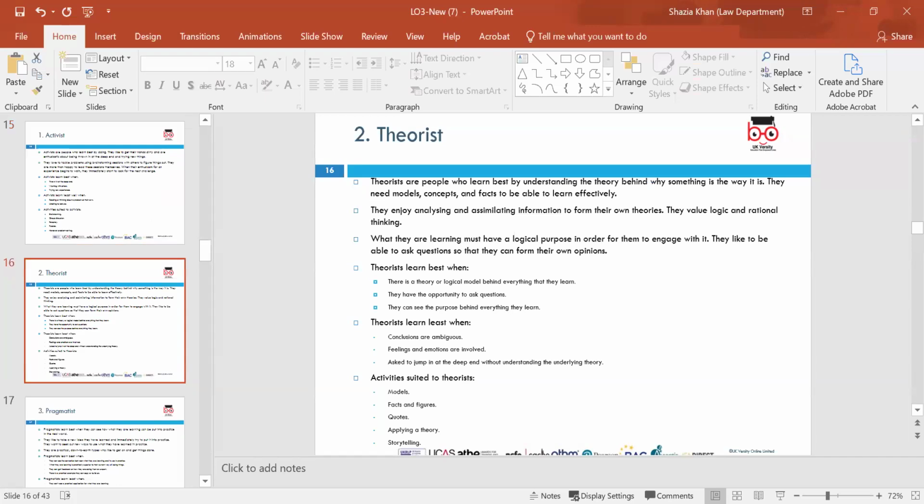Then we have the theorist, which is the next one. Theorist learners seek to understand the underlying principles and theories behind a new idea. So they want to understand what the concept is. They enjoy models, concepts and systems thinking. Theorists excel at analyzing complex information, spotting patterns, and creating coherent explanations. They have this ideology and they feel ready to go once they've had an aha. So they struggle with any sort of ambiguity or situations that require more of an intuitive approach.